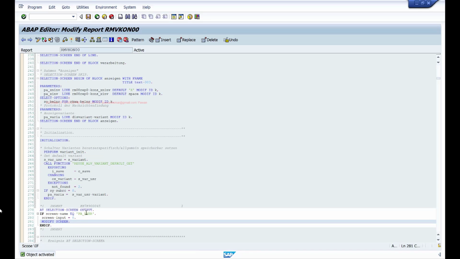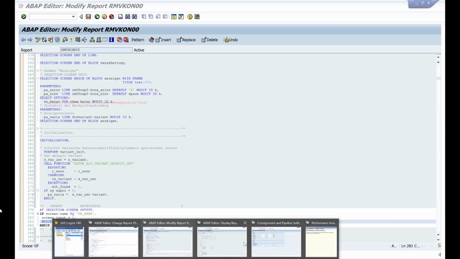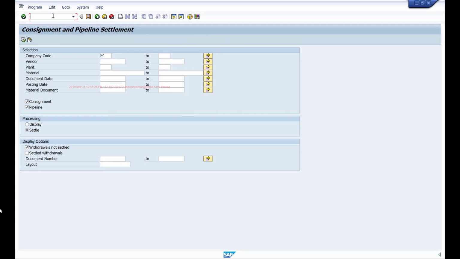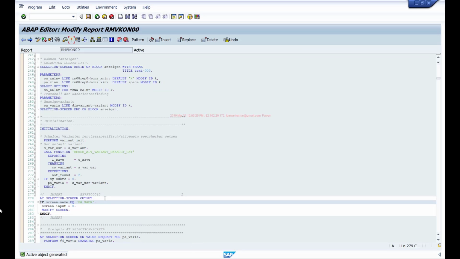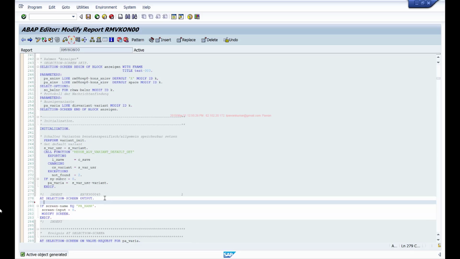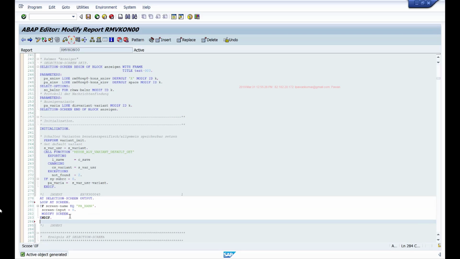So I modified the standard SAP program to write my own code, and if I run this transaction now, it is not disabled. Let's see. Okay, I should be looping this. Sorry, I'll say loop at screen, end loop.